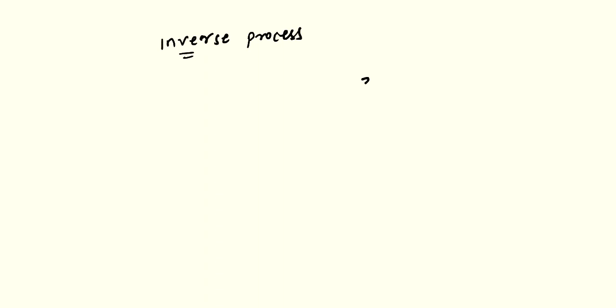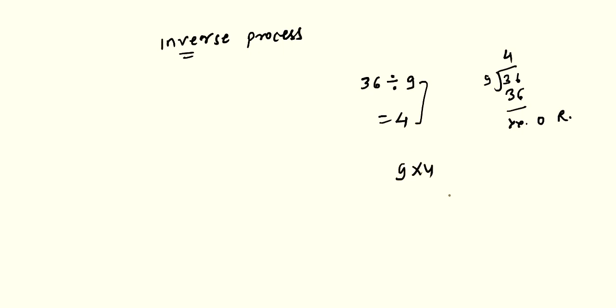For example, if we are having 36 and we are dividing 36 by 9, probably our answer is 4, because you know very well that 9 fours are 36. Okay, so we got 0 as our remainder. But in multiplication, the same, we are multiplying 9 and 4, so we are getting 36. Okay, so in this way multiplication is said to be an inverse process of division, that is opposite.